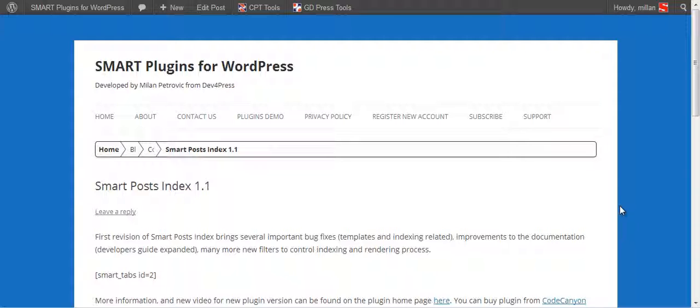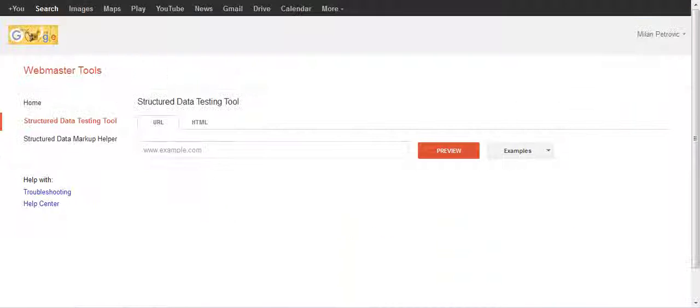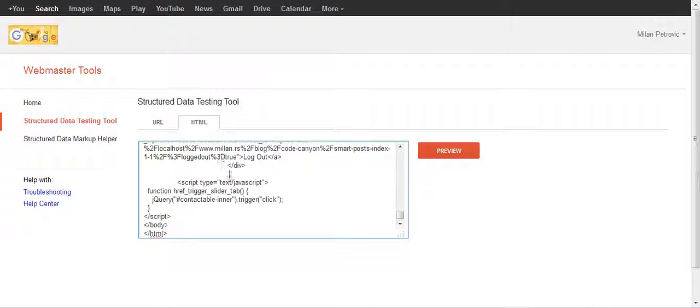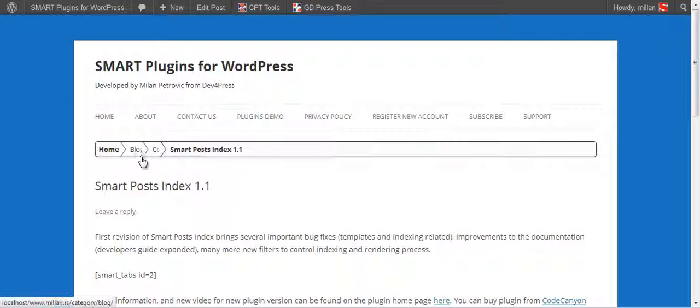Breadcrumbs are rich snippet ready, so search engines like Google will immediately discover breadcrumbs on the page and use them in search results. If we are on this page, and we open the Google test tool and paste the current HTML, you will see something like this, and you see the breadcrumbs leading to this page, starting with home, blog, and Code Canyon, as available here.